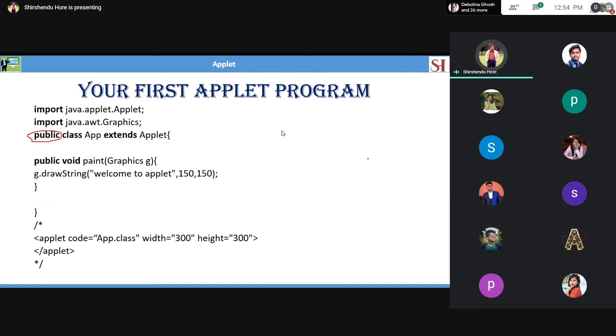So better you explain it like this. Whenever you need to explain it, say that drawString is a method. It takes how many parameters? Three parameters. The first is the text, and the other two are integers. The first is the text, the message the user will give, and the next two are the x and y coordinates of the message.